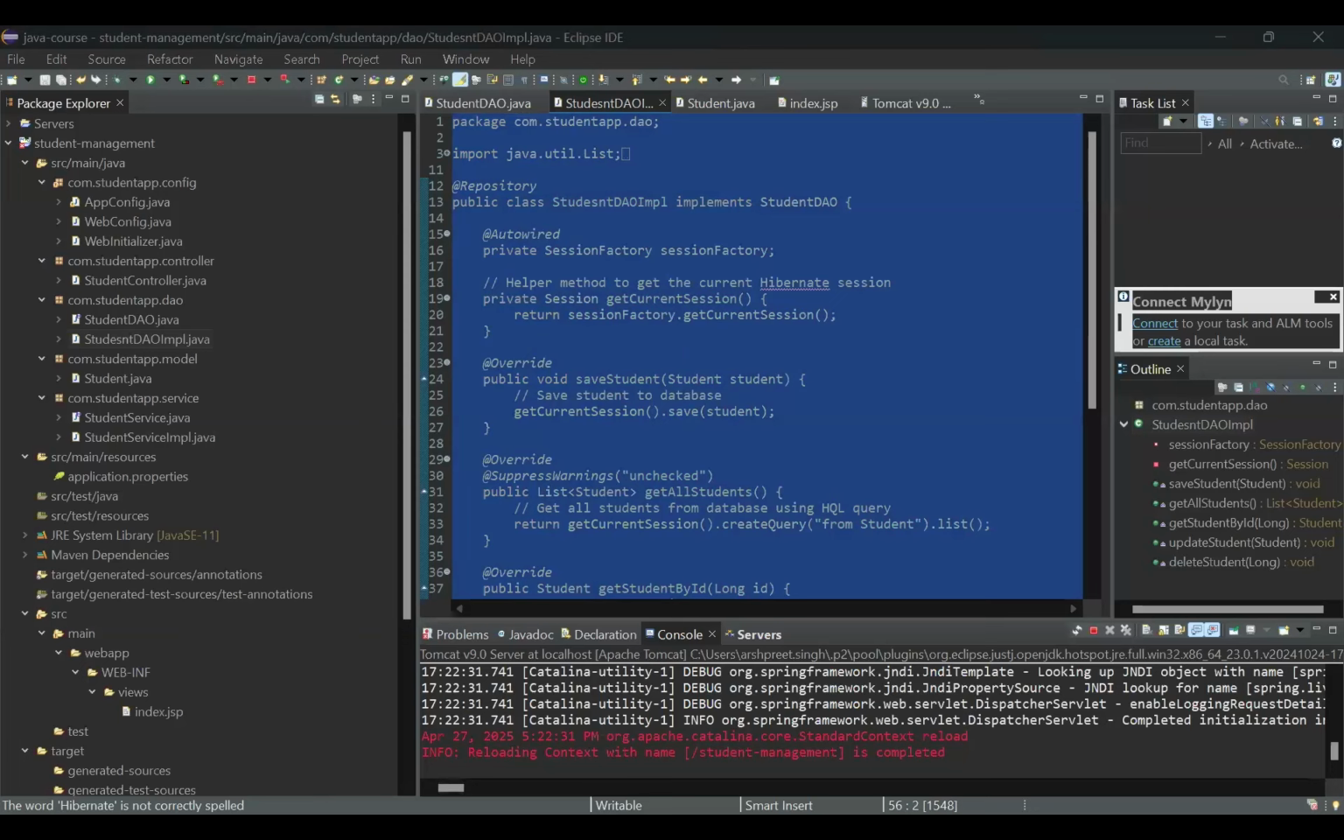So I explained the model layer. I explained the DAO layer. Next, we have the service layer. In the service layer, you need to